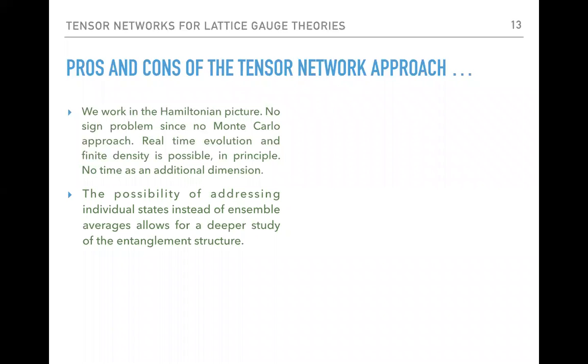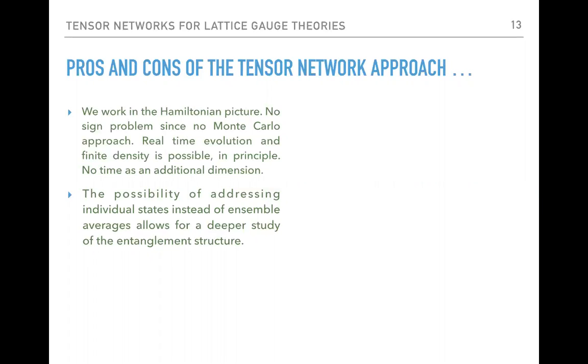And so also a consequence of that is that the typical outcome of a tensor network's calculation is that you end up with a state. So you had an ansatz, which was this tensor network, and you end up with a state, which means that you have tuned all the parameters of your tensor network in a clever way. So what you have is a state, and then you are able to investigate this state further. You are able to calculate reduced density matrices. You are able to find out more about what the entanglement structure of these states is.